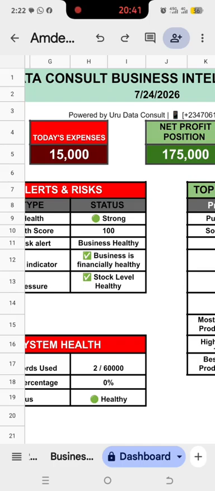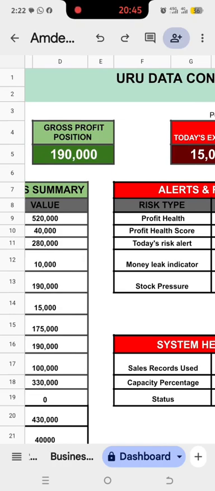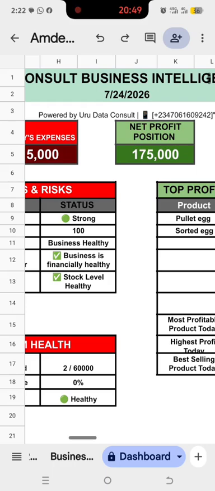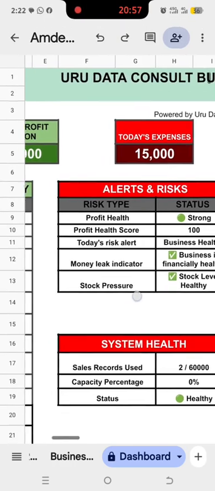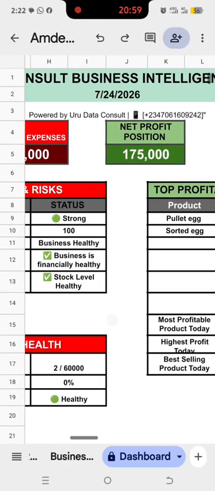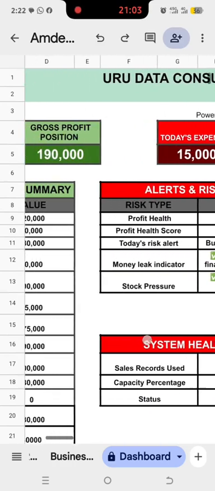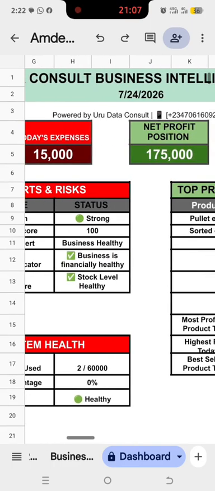Because most people just track the sales, the profit they made. They track gross profit, but they don't even look at this net profit. This is what you take home, what you keep. So you can see that we subtracted expenses from gross profit to get this net profit. There are some cases where your gross profit could be positive, but your net profit could be negative, which means your expenses are eating deep